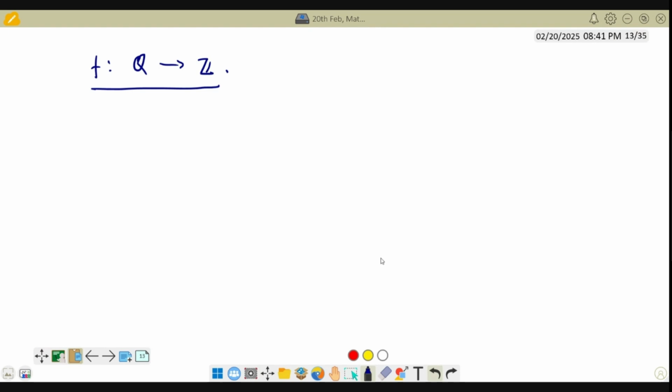Zero is always there. Between any two groups, the zero homomorphism is there. So I am asking you, is there any non-trivial group homomorphism from Q to Z? Anyone else? You should interact, no? Otherwise,